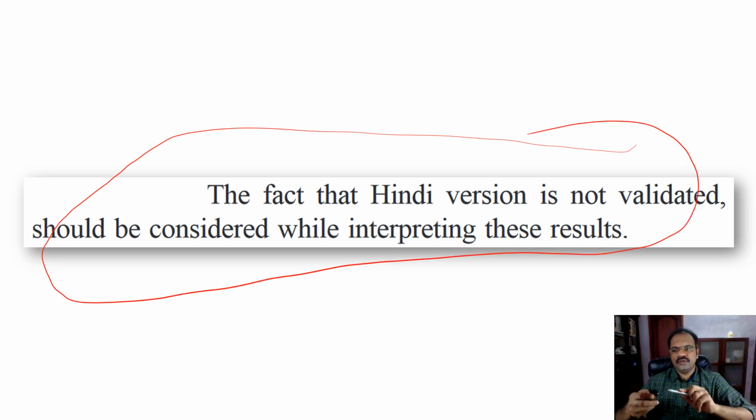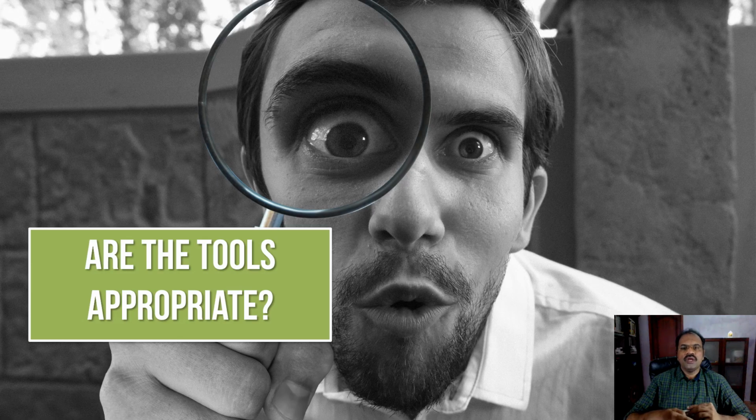So you can see whether in the method section they have described the details of how they did the validation, or whether they did not do the validation. If that tool is not something that they sufficiently validated for that particular population, you can suspect how dependable, how reliable the findings they got are. And also whether the tools are appropriate: even if they have used valid tools, whether those tools actually are the appropriate ones for that particular purpose. Many a time authors make mistakes in this particular aspect also.